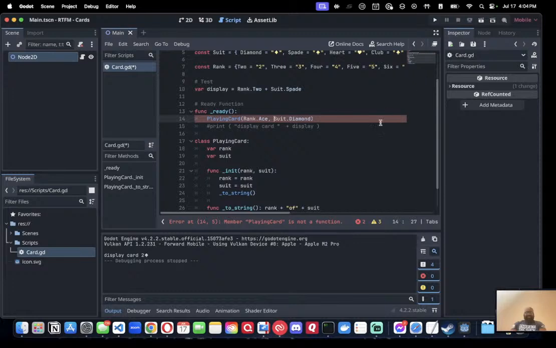And when we run this, playing card is not a function. I know playing card is not a function. Oh, so I need to do,